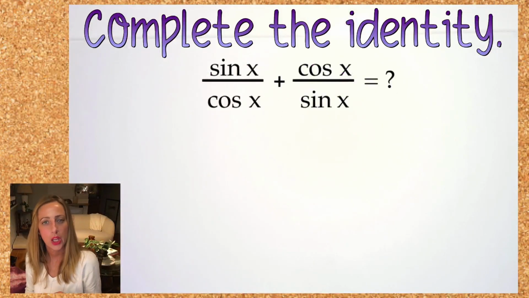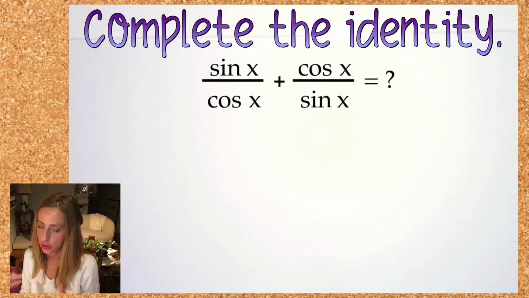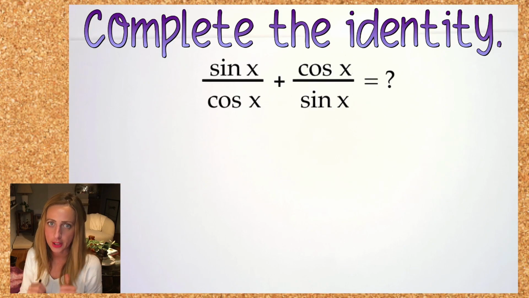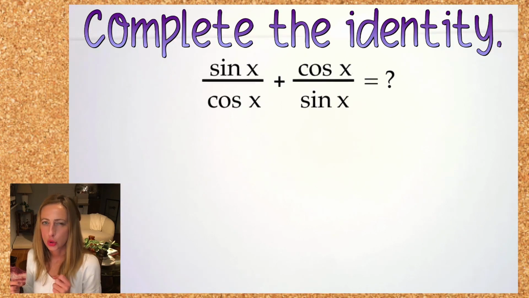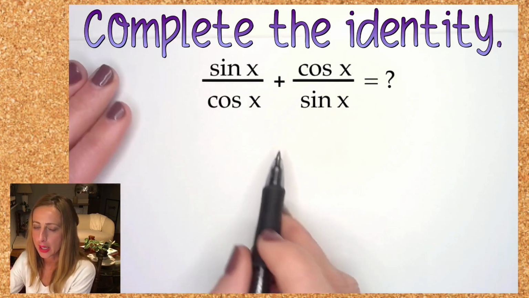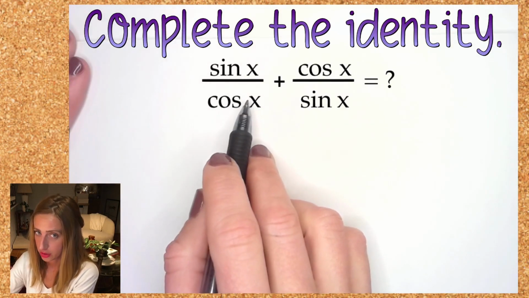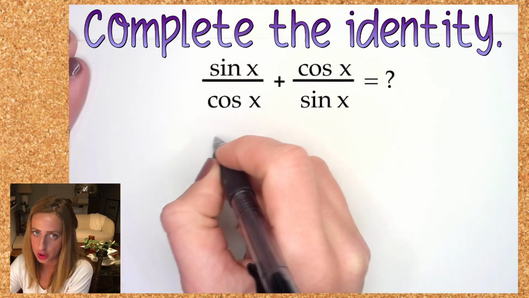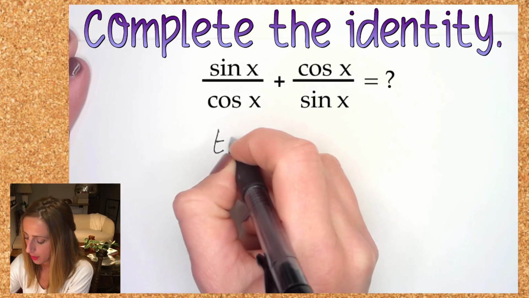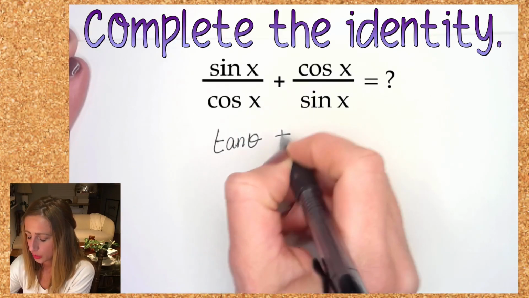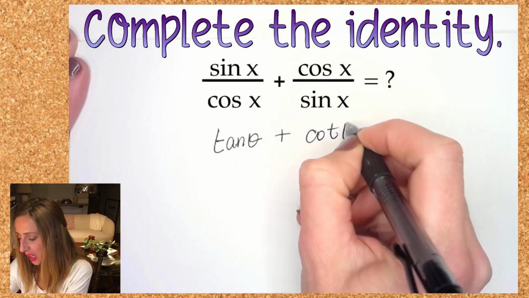Hey everyone, we are going to complete the identity you see on your screen right now, which is sin x over cosine x, single fraction, plus cosine x over sine x. Now, if you opt to try to complete this identity by jumping into changing this into tan theta plus cotan theta,